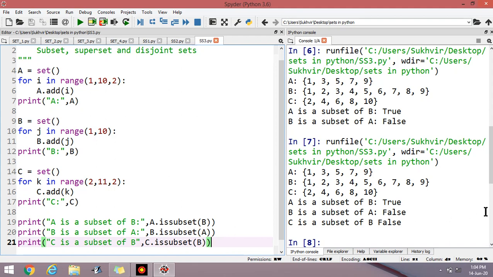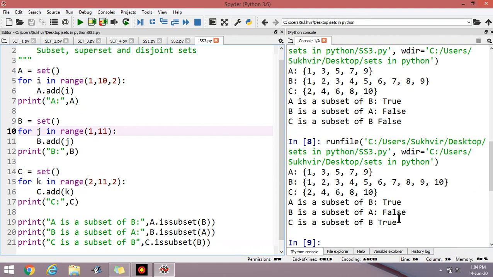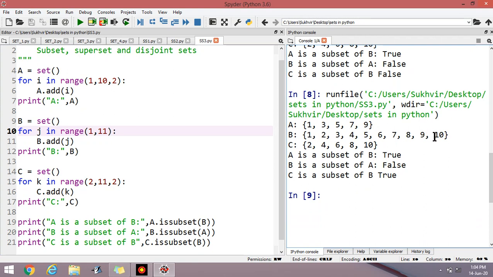Let's check the output. It's again false because 10 is not there inside B. If I write here 11, then again execute the program. Now the statement is true because the elements from 1 to 10 are there inside B.